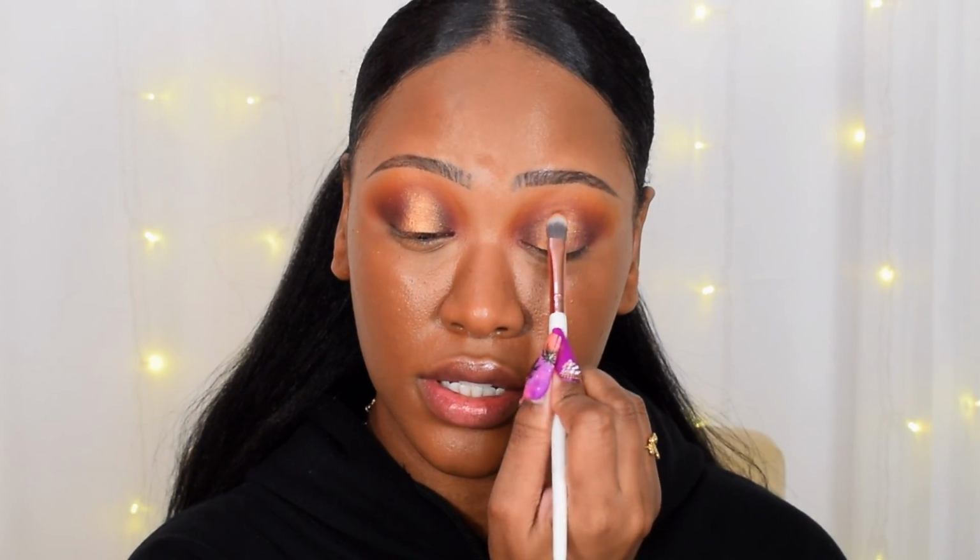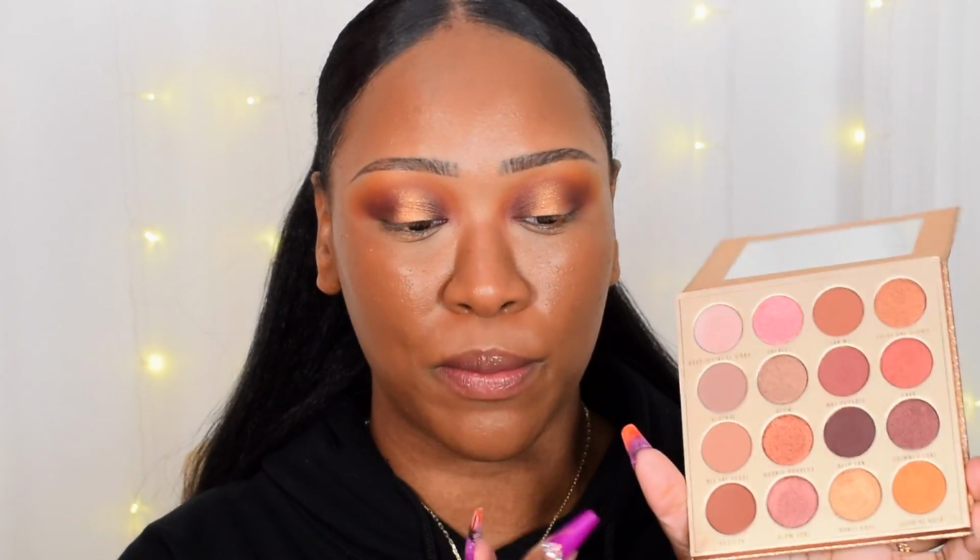This is such a nice eye look, almost like a toned down sunset. So the eyeshadows perform well. I think my problem is these pans are just way too small, and then this palette I have no problem with at all. It performed really, really nicely. Shimmer's really nice to use, not super foiled, but nice to use, I suppose, and the mattes were really, really